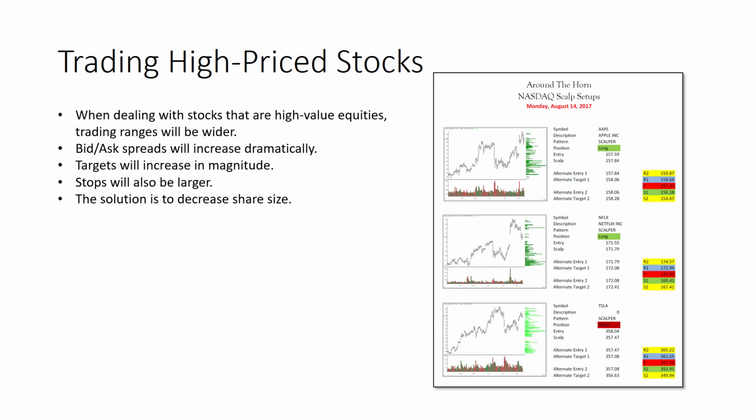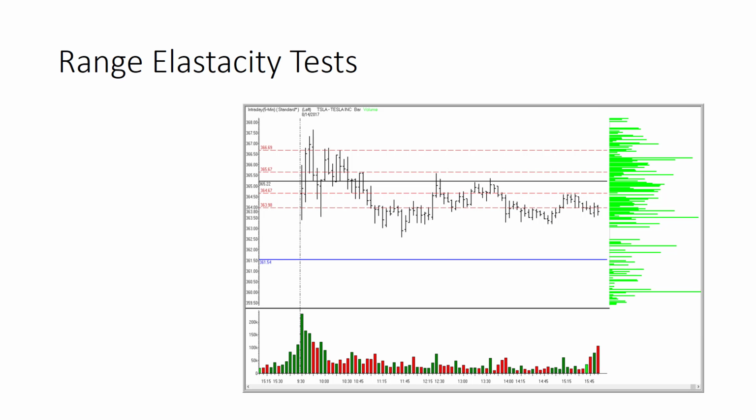I know it's exciting to trade a high dollar stock. It's exciting to have the possibility of putting on a trade, seeing $1 in profits, and Yahoo, you're off to the races and you feel great, but it's also going to feel just as bad when you're booking 40 and 50 cent losses. So the range elasticity on a stock like this, especially on a gap day like today, so I intentionally picked a day where this one opened out of the range, just like Apple did.